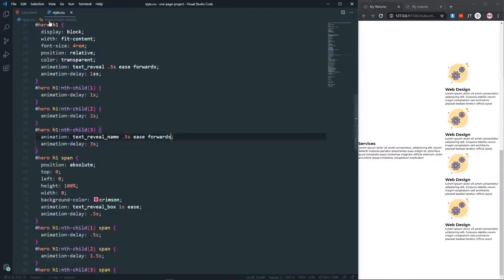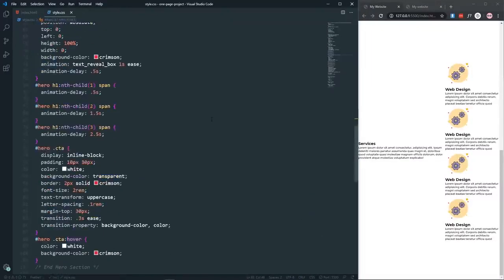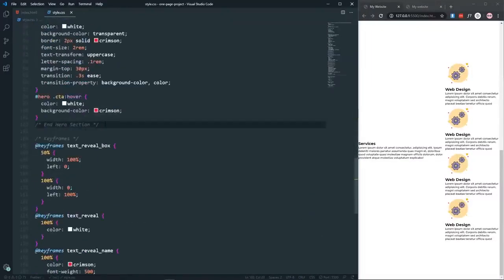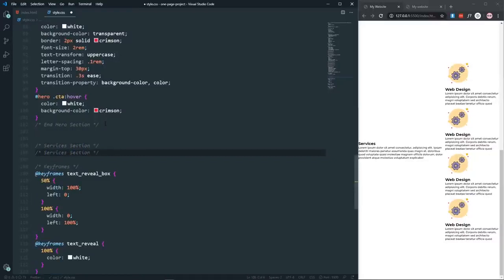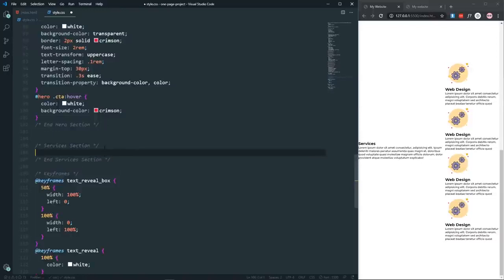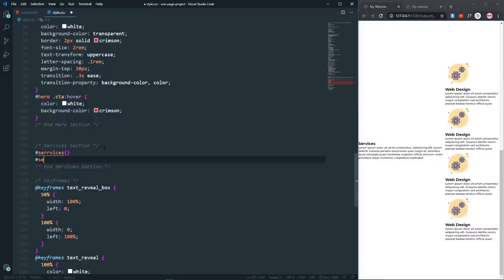So let's come to the style.css. In the style, first of all let's create the comment services section, and also end of services section, and between these comments we will have the style of our services section. So let's say services, and in the services we will have a class of services,